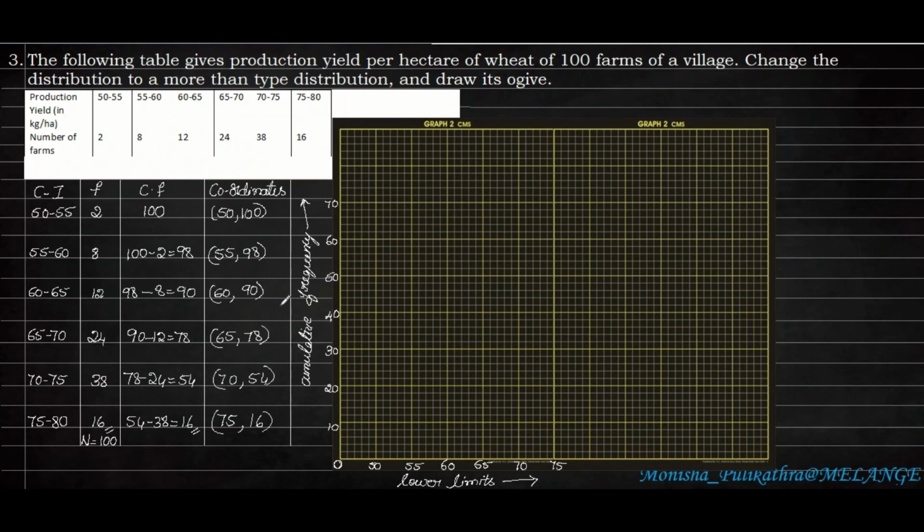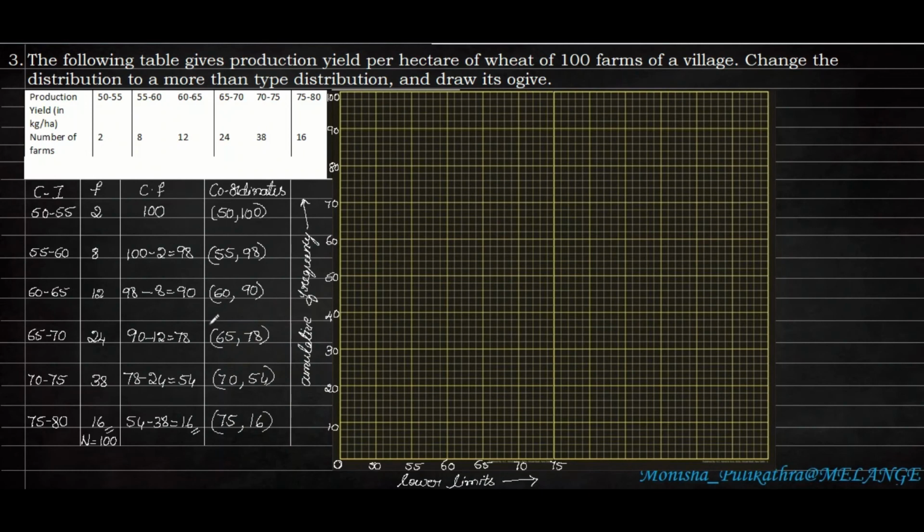Okay, so later we have to plot the graph now. So let us draw the graph for the given coordinates. For 50, it is 100. For 50 in the x-axis, y will be 100. Okay, so 50, 100 is here. Next is for 55, it is 98. So for 55, 98, each millimeter signifies 2 units. So this is 92, 94, 96, and this is 98. Okay, so this is 55, 98.